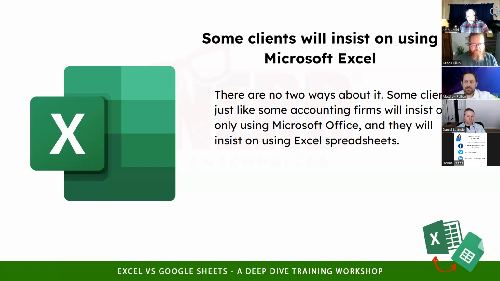I theoretically could convert it to Google Sheets, work on it, convert it back to Excel and send it. But that has a way of screwing up formatting because the color palettes are not consistent between the two applications. So if I convert to Google Sheets and back to Excel, and the intention is to send it back to that accounting firm who needs to work with it, I might sort of upset them, right? Because I'm going to mess up the formatting.